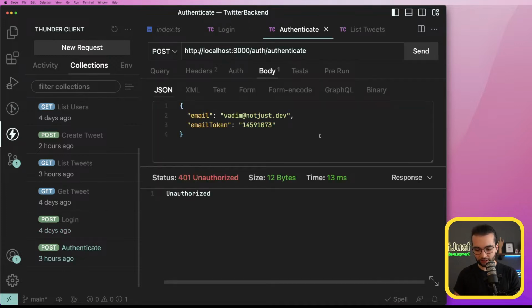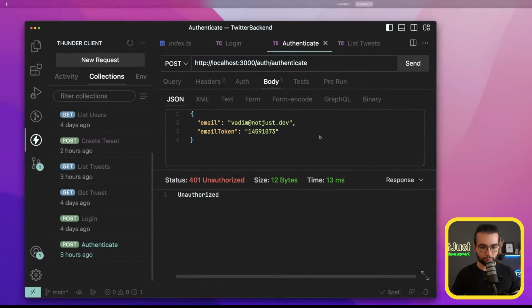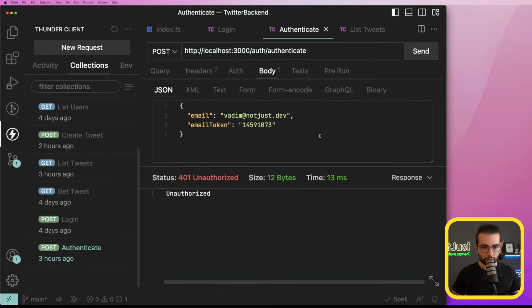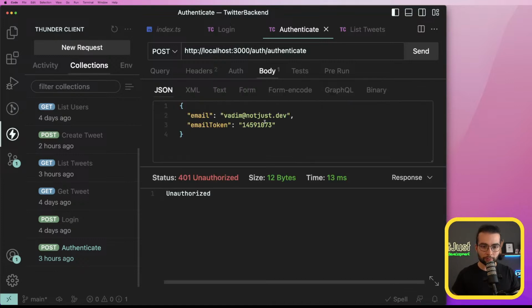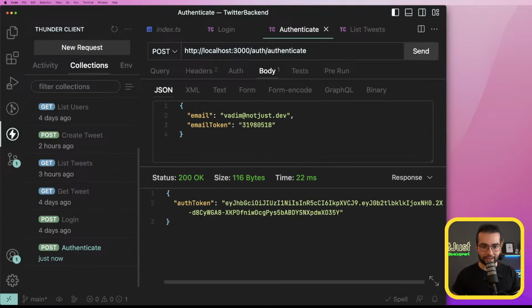So let me quickly check the email token. If I open the logs, here is the email token that I'm console logging, but I also receive it on email. So if I do send right now, we get back an authentication token that we can sign all the future